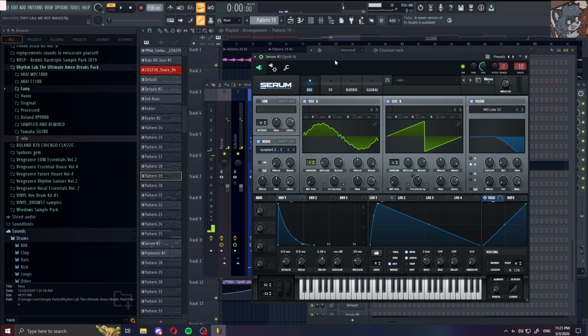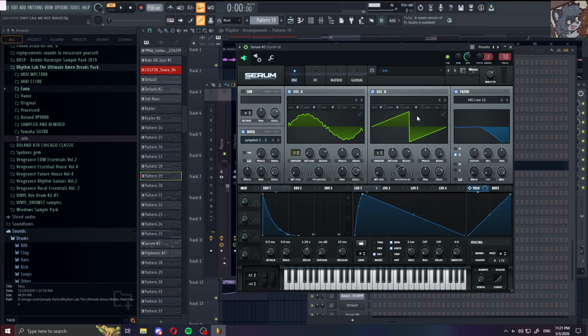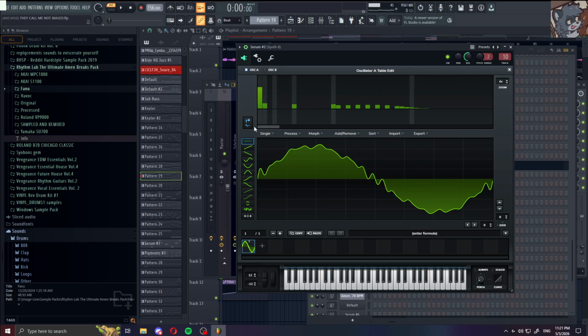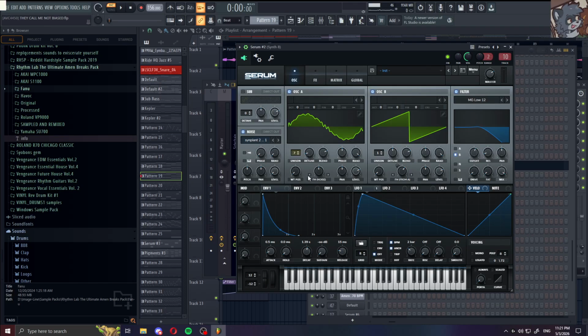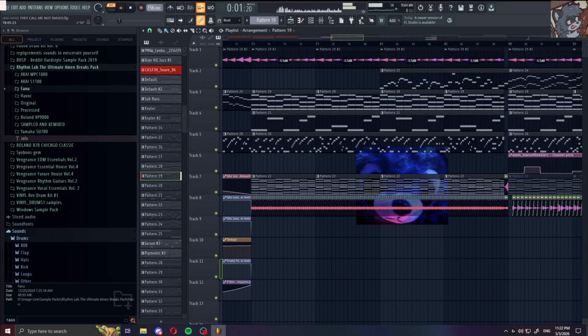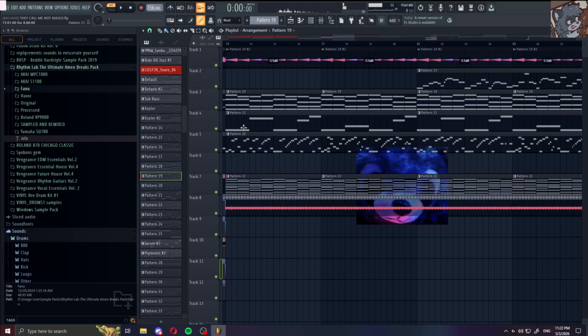So it's just a filtered saw, and then this sine wave has some fun little harmonics going on. FM that too. That FM is not doing anything. I really can't tell. The modulation is not doing anything, but